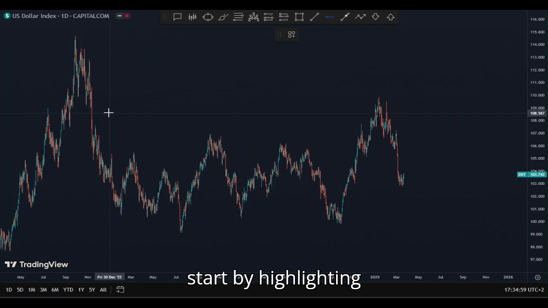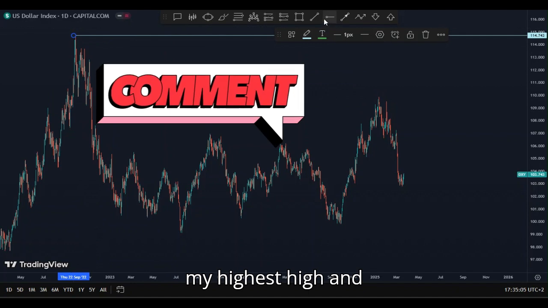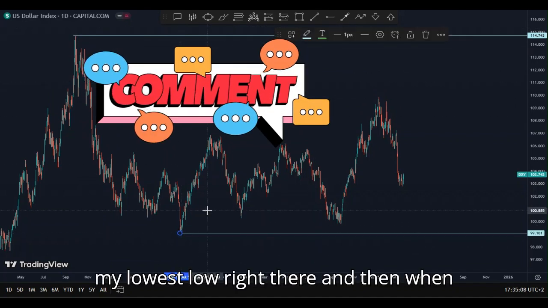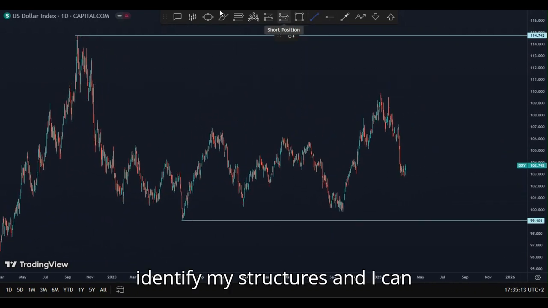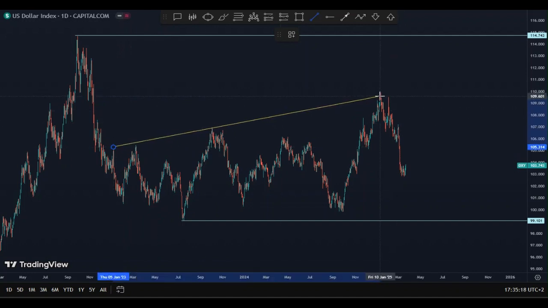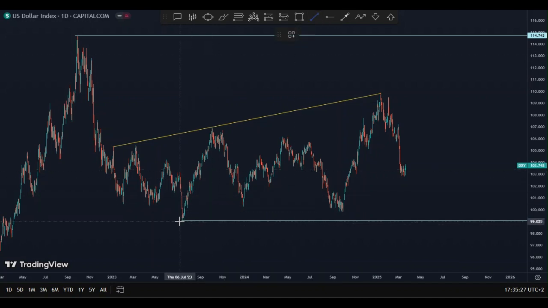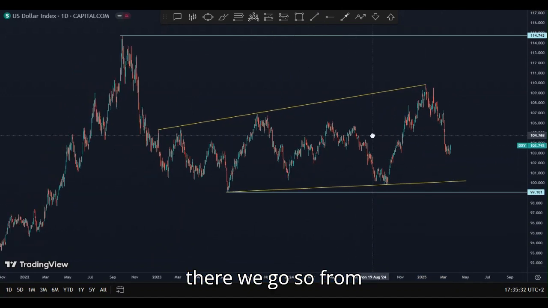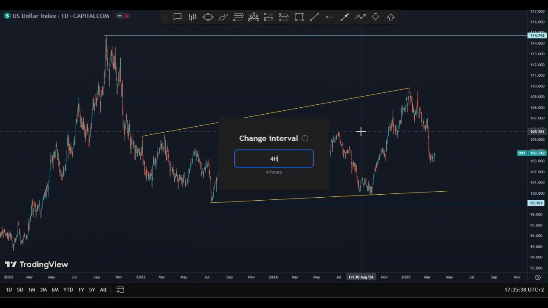So I'm gonna start by highlighting my highest high and my lowest low right there. And then when I'm done here, guys, I have to identify my structures, and I can see right there that we have this 1, 2, 3 touch here. The structure hasn't really changed much, guys, as you can see. There we go. So from here, what I'm gonna do is go to the H4 time frame,